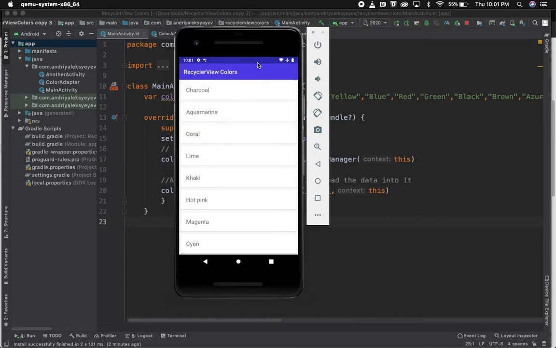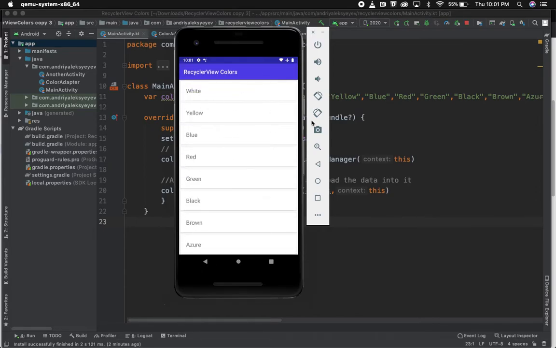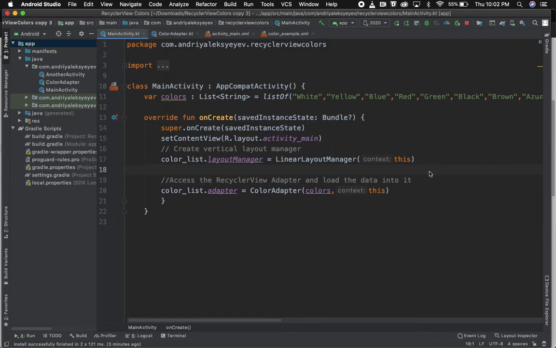Okay, so today is the last video where we're gonna learn how to remove those rows. Each row we swipe to the left and it will be gone if we want to. If you want to, you can also swipe to the right, but we will learn how to do it from right to left to remove it. So we need 4 or 5 steps to do that. First step,